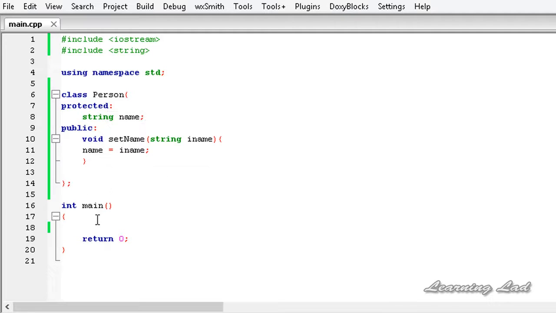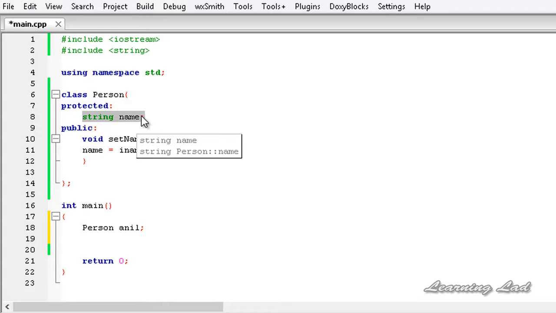Just to demonstrate that, in my main function I'm going to create an object of this class Person. Let's call it anil. Now we can't access this name here in the main function. That's because when we have a member with the protected access specifier, we can't access it in any other outside functions.